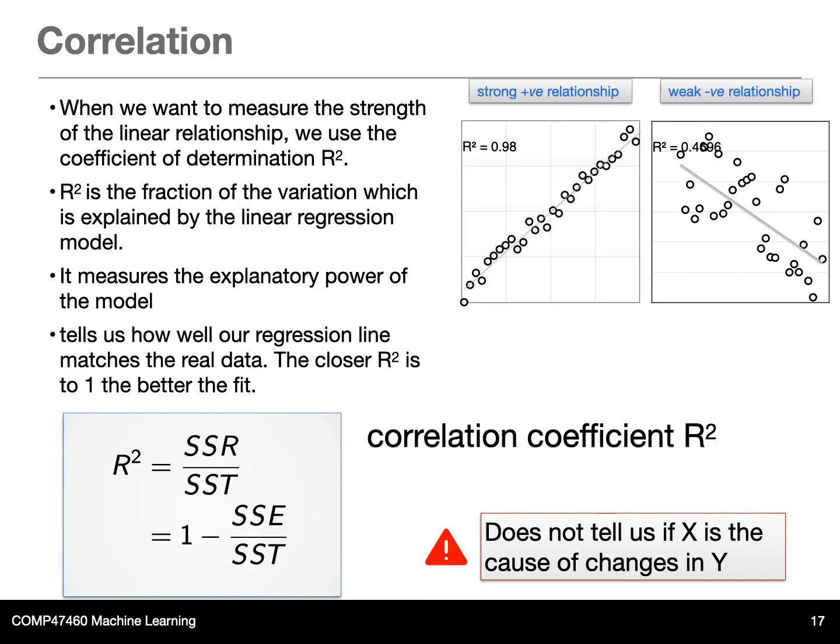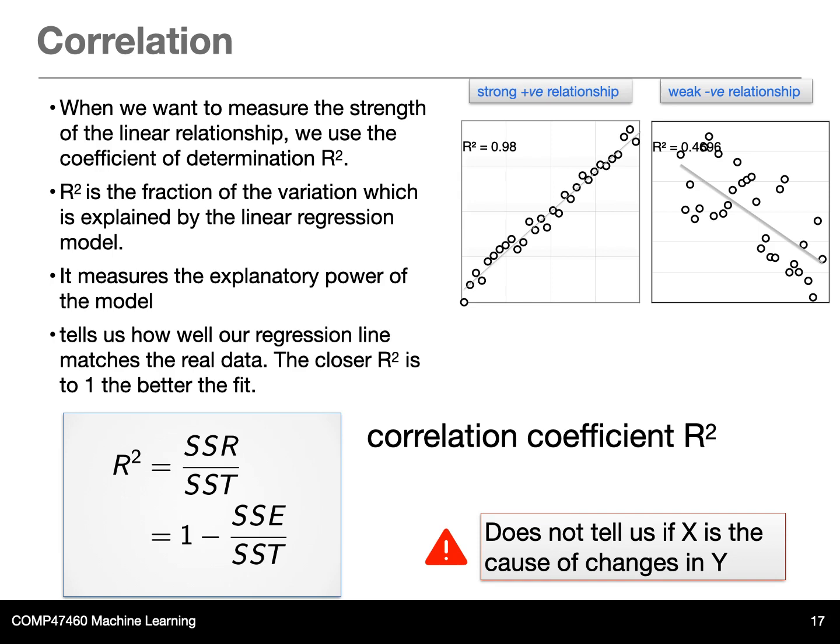So we can quantify this relationship with the R squared, which is also called the correlation, or the coefficient of determination. This measures the explanatory power of our model. Formally, it's the fraction of the total variation which is explained by the regression model. We can write it as the ratio of SSR to SST. And because of the relationship between SSR, SSE, and SST, we can also write it as 1 minus the ratio